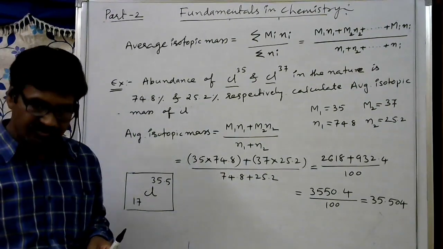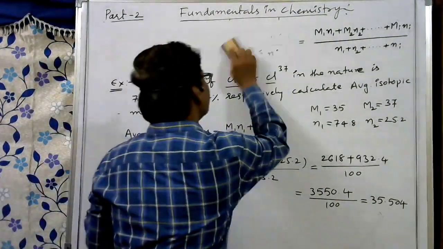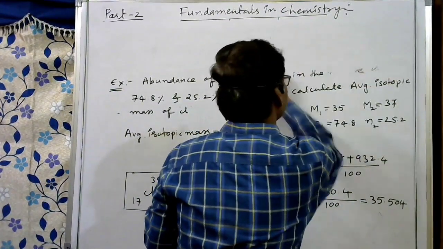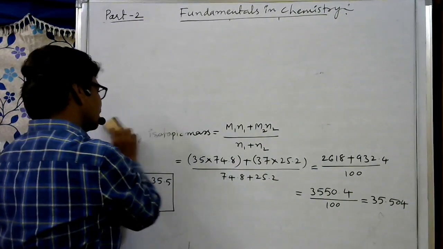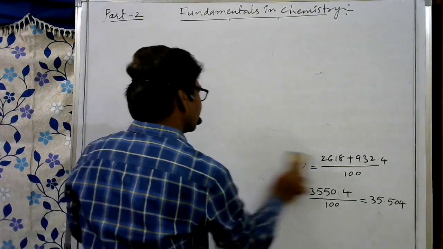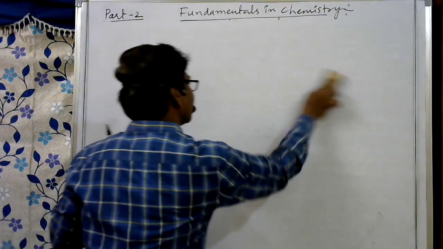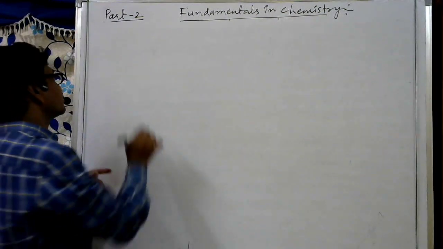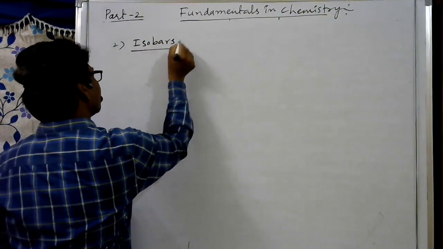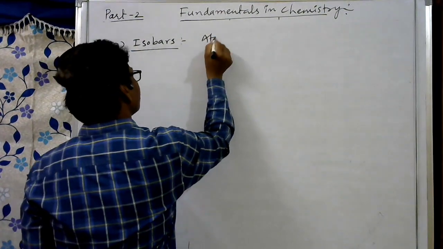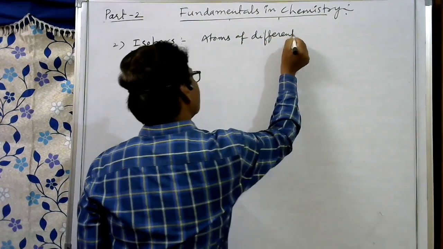I'll give the isobars definition, then we'll conclude this session. What is an isobar? It is similar to isotopes, but opposite. In isotopes, the atomic number is the same and the mass number is different. But in isobars, the mass number is the same and the atomic number is different. That means these are atoms of different elements. Isobars are atoms of different elements